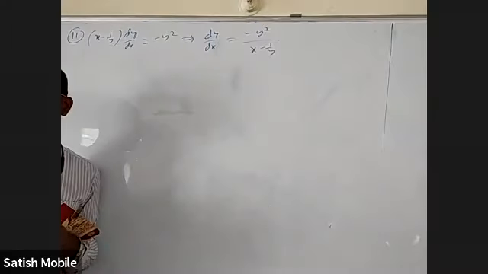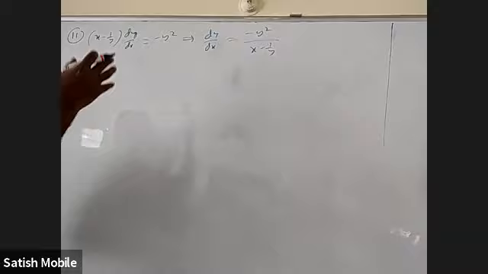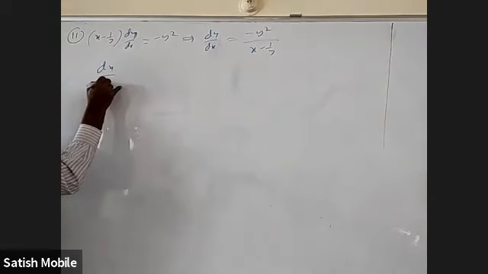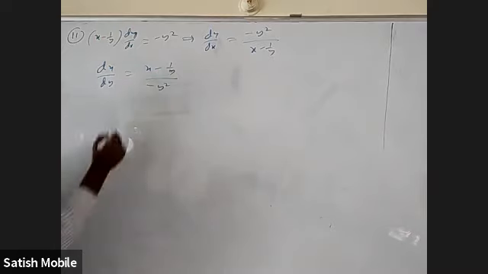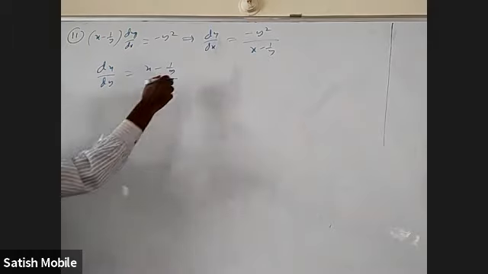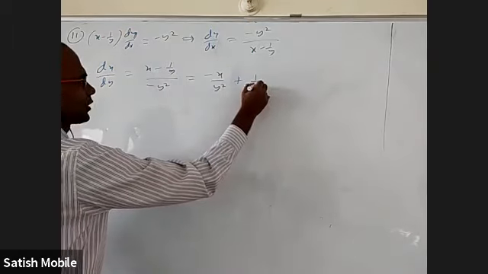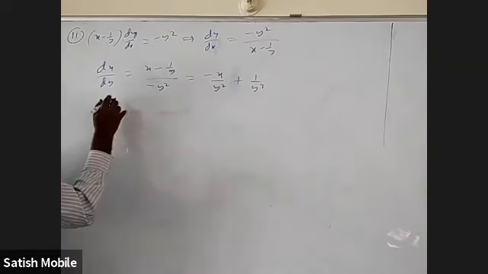I cannot take y by x as z, not homogeneous. It is not even in the form of dy by dx, I cannot even split it. So obviously I have to take the reciprocal, dx by dy, which is x minus 1 by y by minus y square. Why? At least now I can split this by this separately, this by this separately. I'll get minus x by y square plus 1 by y cube. So I have a function of y and everything is fine now.